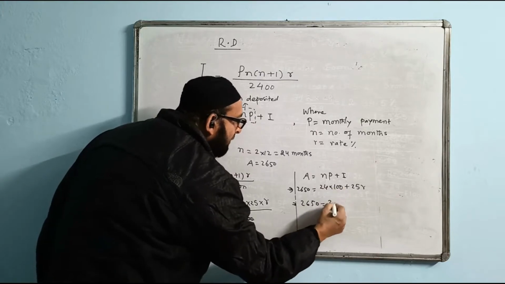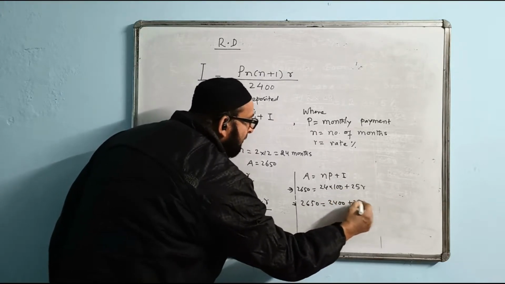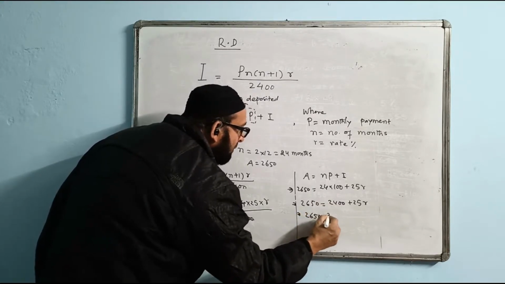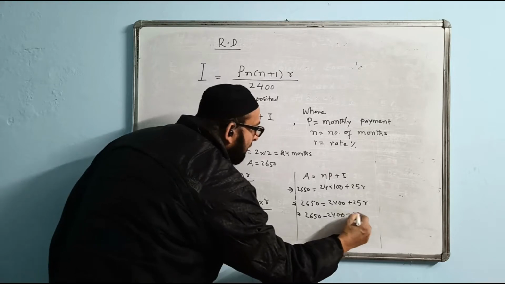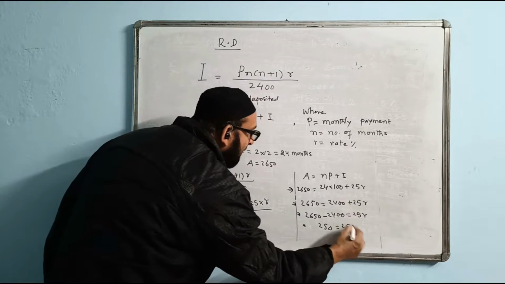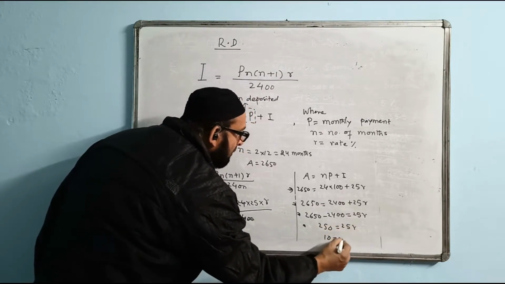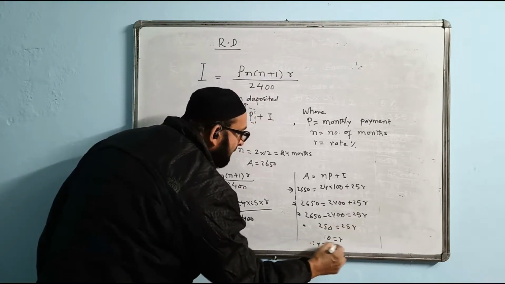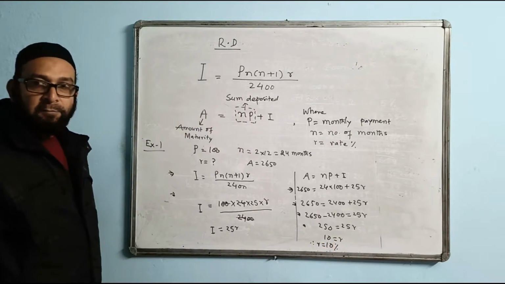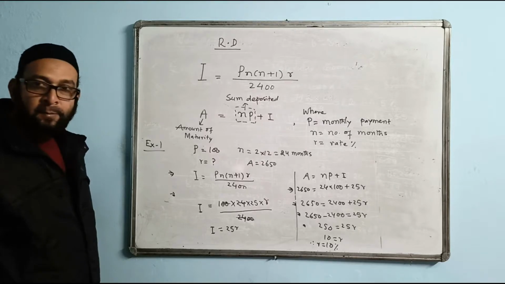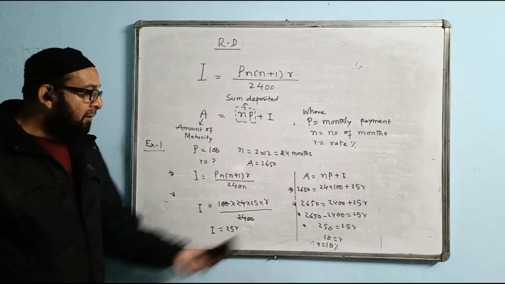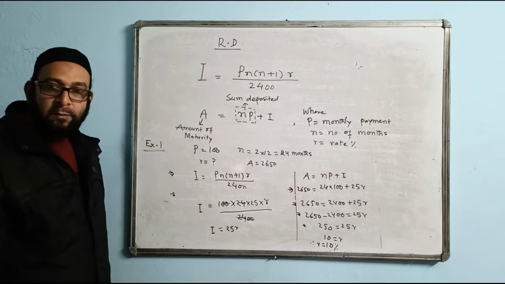2650, 2400 here plus 25R. 2400 will come this side. So 2650 minus 2400 is equal to 25R. Subtract: 0, 5, 2, 25R. 25 will go 10 times. Therefore, R value is coming 10%. The value of R is 10%. So the value of R is coming back now, which I had assumed in the beginning, 10%, and now the same answer is coming back.